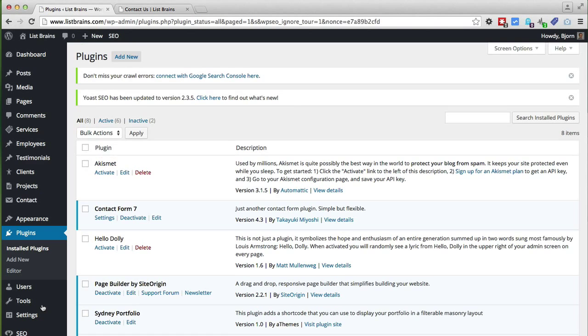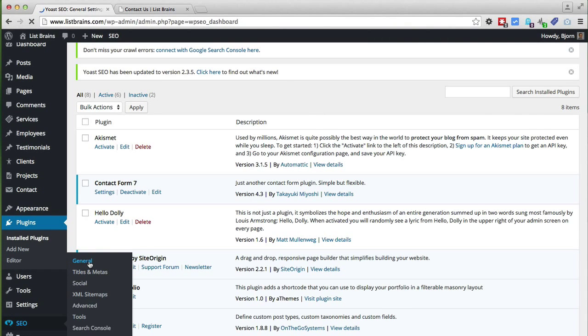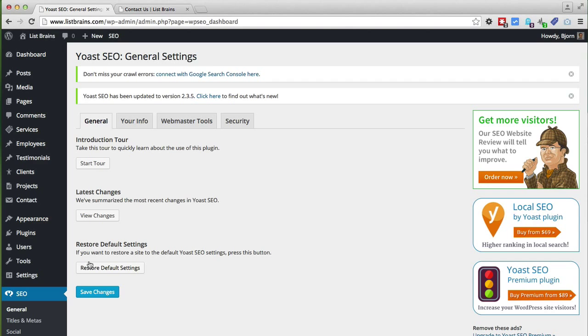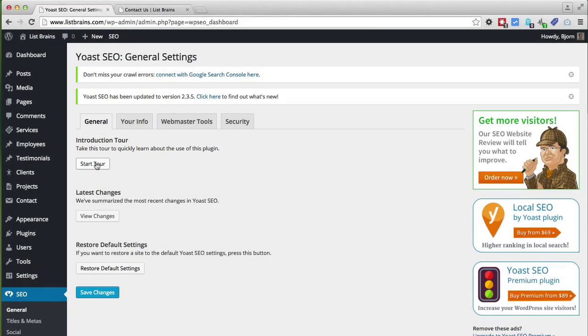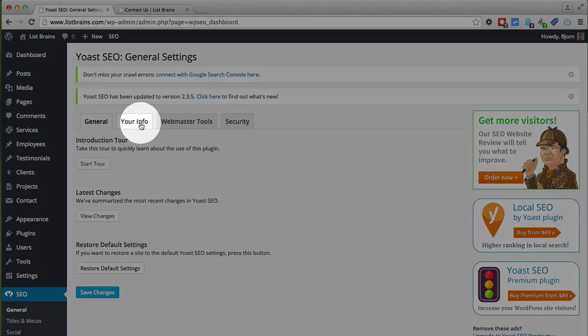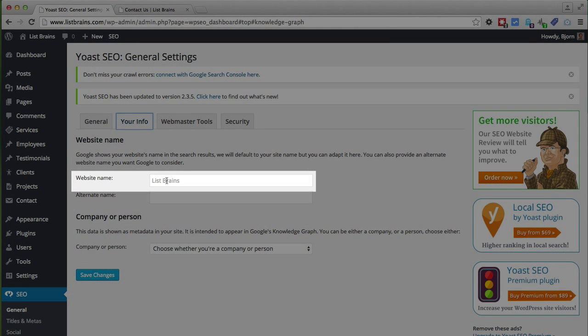And the Yoast plugin adds an SEO tab or an SEO link on the left-hand side, and we want to click on General when we hover over that. And you'll see this through the tour as well if you take the tour. And if you had neglected the tour or turned off the tour but you want to take it later, you can click on the Start Tour button here. But where you want to go is the Your Info tab. And you want to type in your website name